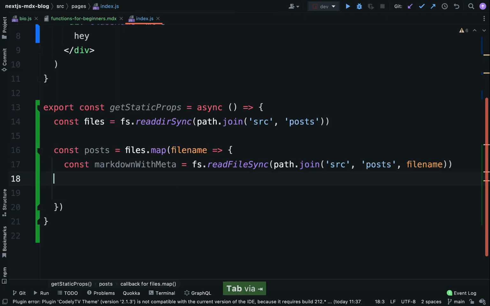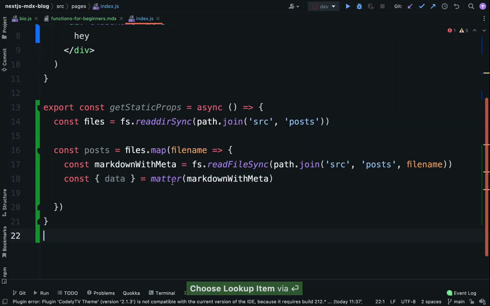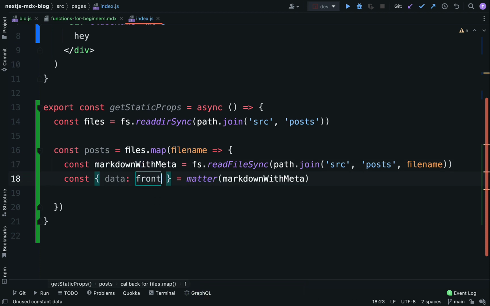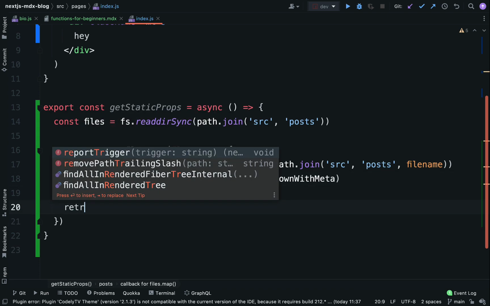Now we can come over to line 18, and we have const data, and that's equal to matter of markdownWithMeta. So we're getting matter from a markdown file, and let's rename this to frontMatter. So right here we have frontMatter, and with that we can now go ahead and return